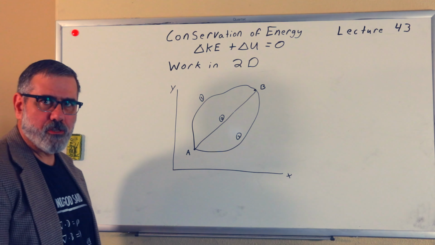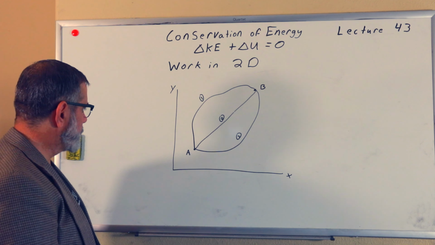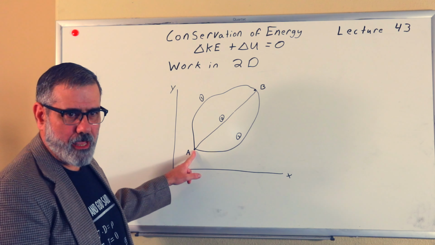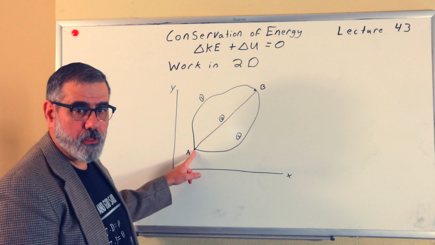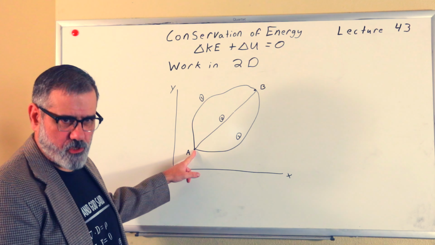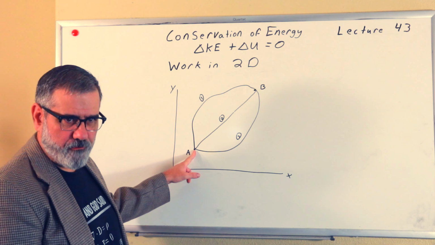Now, conservation of energy tells us that if I start in some state A, at some position A, and I do work that's conservative work, right? I'm assuming all the work here is conservative. So conservative forces, it's elastic or it's gravity, or electrical. If I do work, I can use that dot product definition to find what the work is along this path, right? So my force would be applied in the direction of the motion around this path,